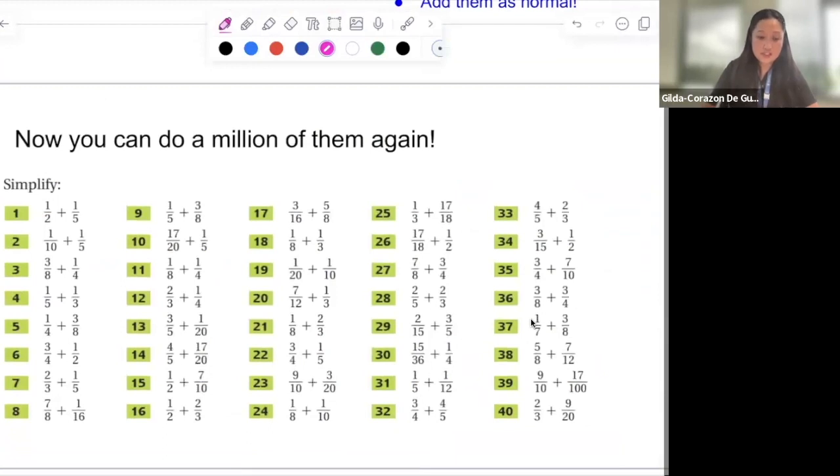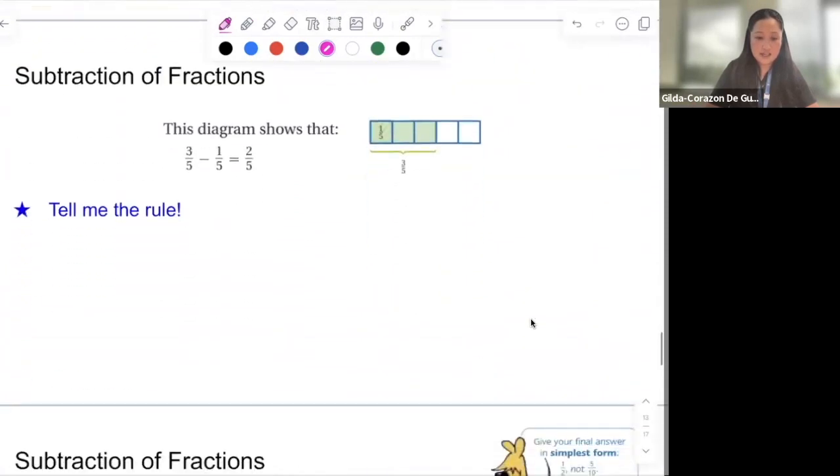Do these questions here. Again, you can just select any 2 from each column. You don't have to do all of them, right? You might want to check with a partner or check with your calculator, or get a calculator and check your answer after you've done these questions here. Okay, now